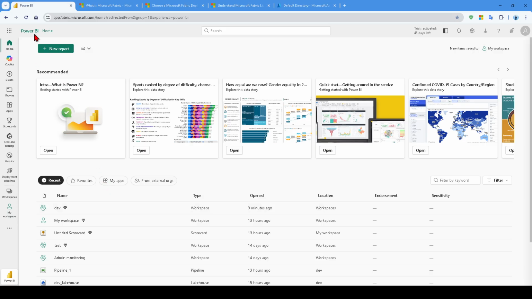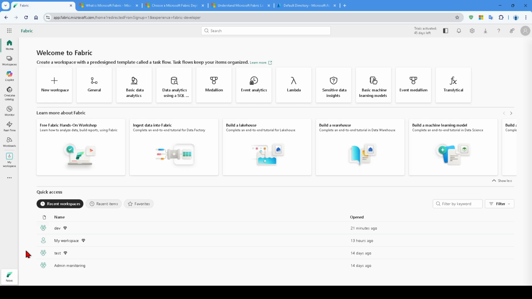Now, if you want to have a Fabric view of your portal instead of the Power BI view, you can head down to this left side bottom icon where it shows Power BI. Click on this and you can see that right now we are in Power BI, and a Fabric option is available. If you click on this Fabric option here, it will take you to the Microsoft Fabric specific portal